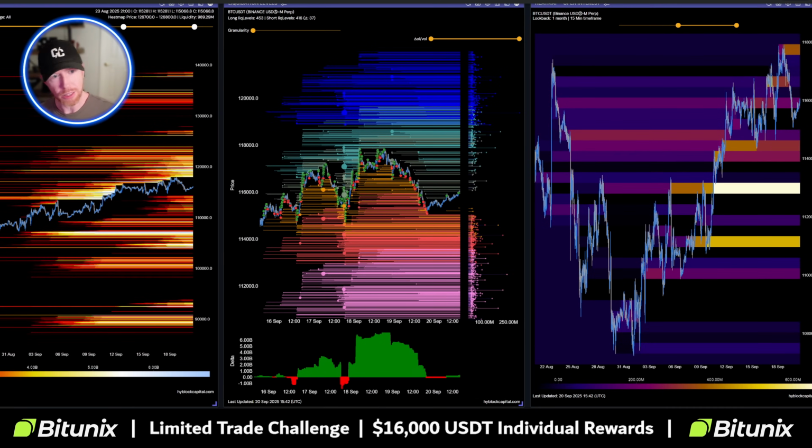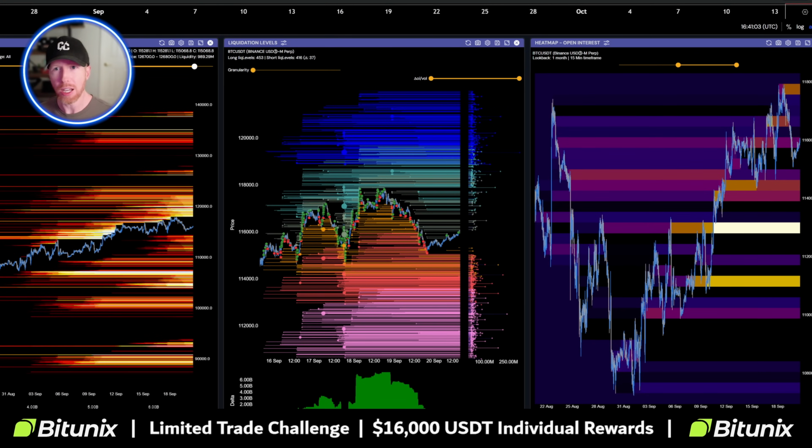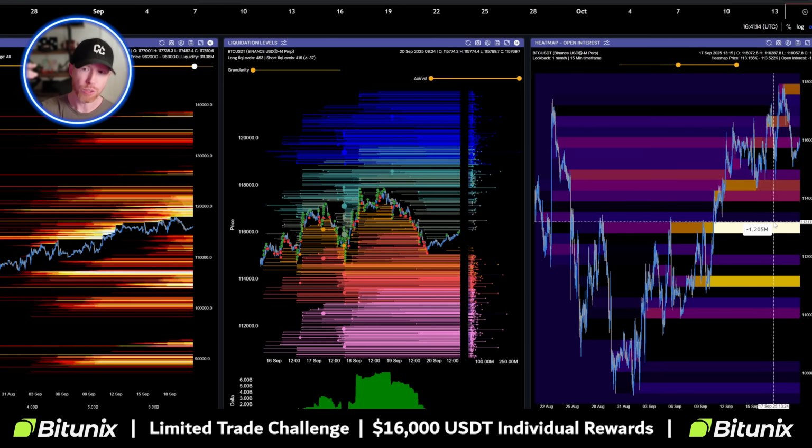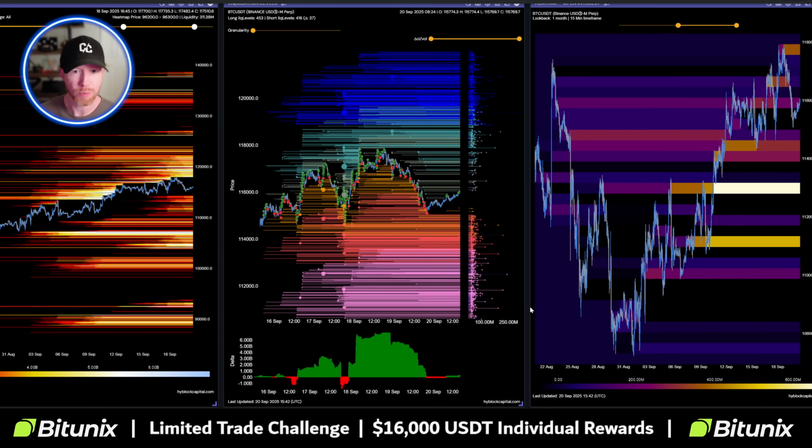When we look at the overview for open interest, once more, 113K is that massive amount. Keep in mind, open interest works like a magnet in a lot of ways, even though it is construed as support or resistance. So 113,000 seems like an inevitability at this point. It's just a matter of when that happens. So I think we see the 117K range this weekend for Bitcoin. It may be a good signal to short, considering that's a significant amount of resistance.